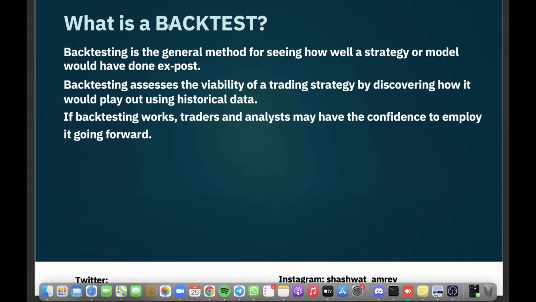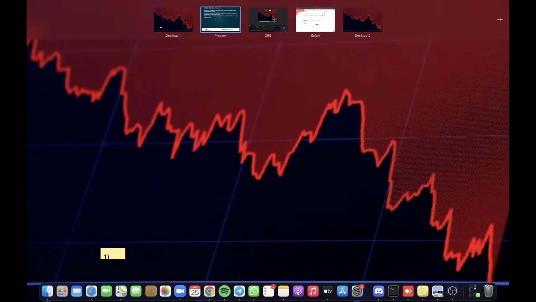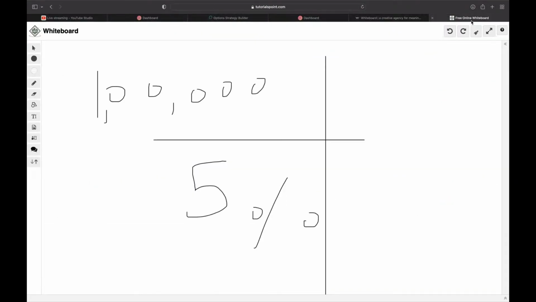So before making this strategy, I also tested that strategy manually. I have done everything, and then I came to a point that yes, this strategy works. If you want to follow all these strategy and back test, you must have to follow this at least for how many months? 6 months. If you want to follow this, you need to